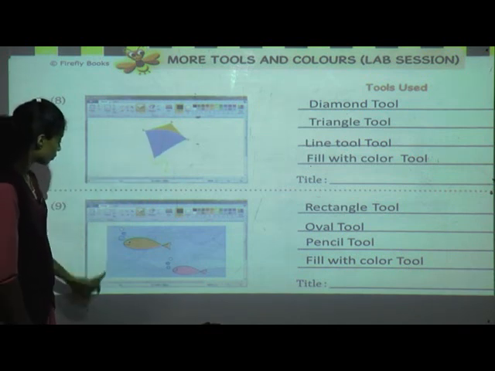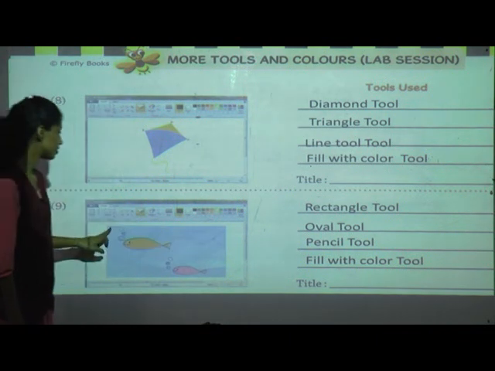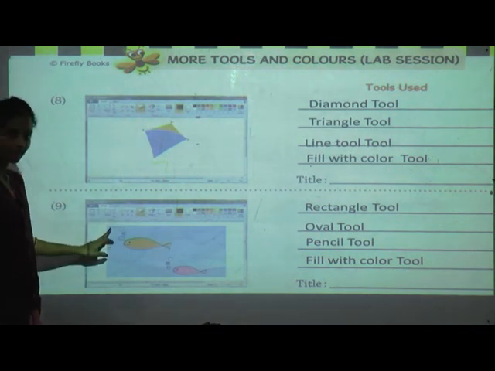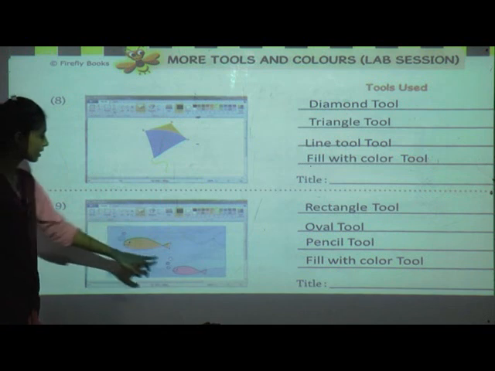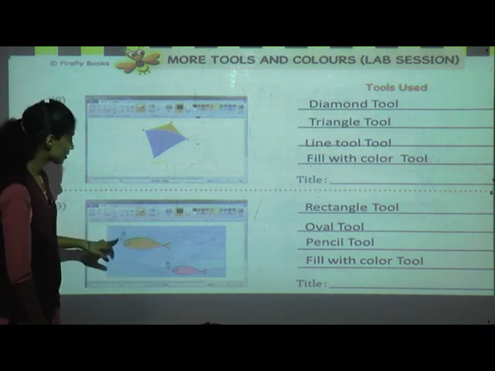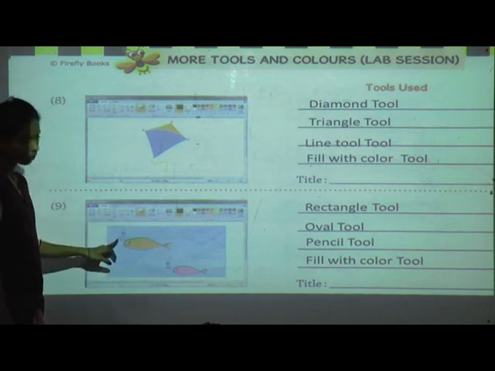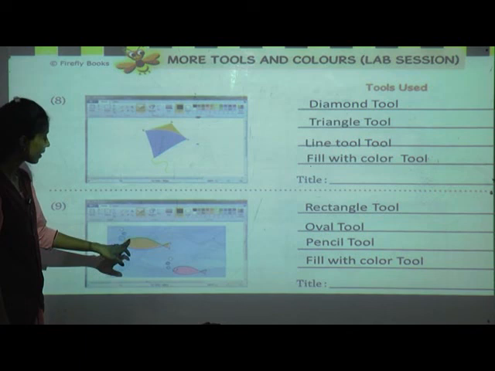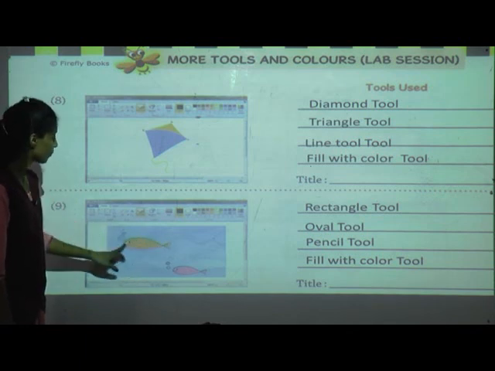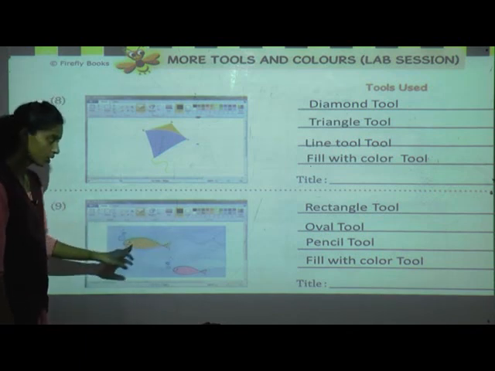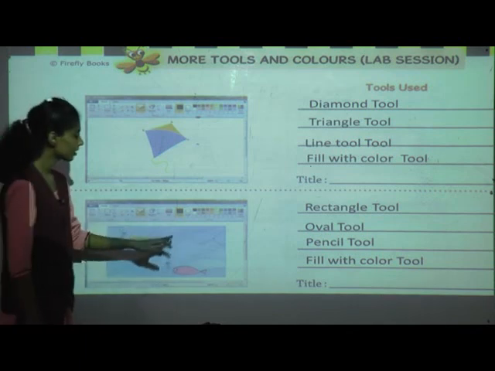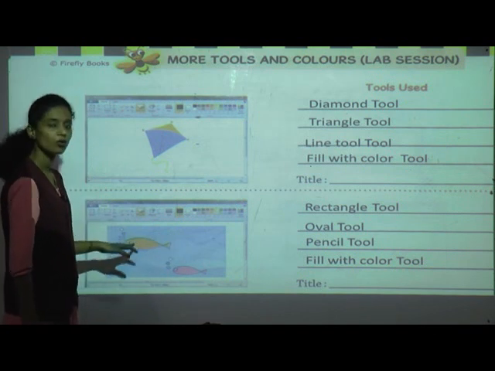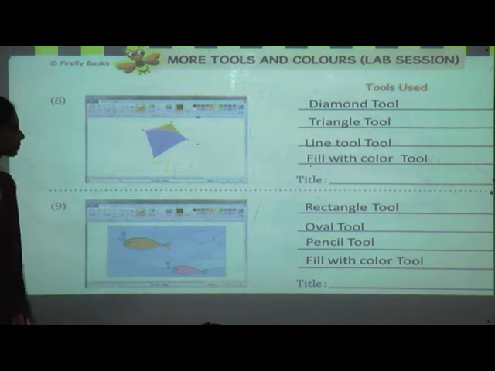Next one, for drawing this, which tool is useful? Rectangle tool. Good. You can see small circles are there. For drawing circles, which tool is useful? Oval tool. Good. And for drawing this shape of fish, pencil tool. And for giving color, this color and this color, fill with color tool.